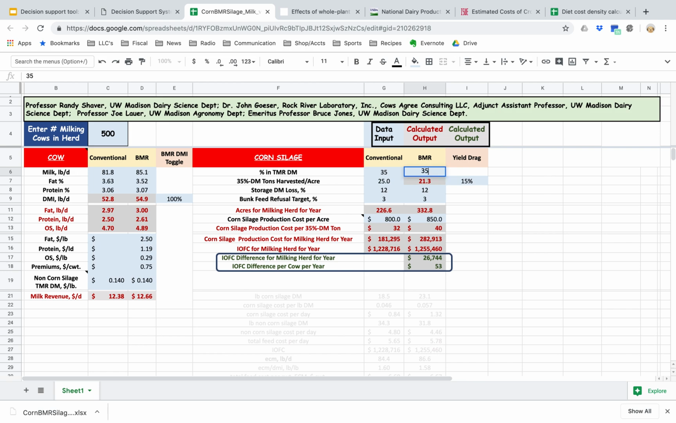But again, for demonstration purposes, I'm going to leave the spreadsheet with the seeded information. Then we have a starting point of 25 ton, and this is 35% dry matter, and this would be an average value for the upper Midwest, but this can be changed. Then the tonnage calculation of BMR is determined via a yield drag that is dictated